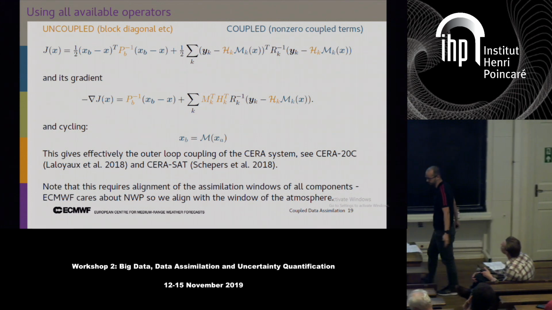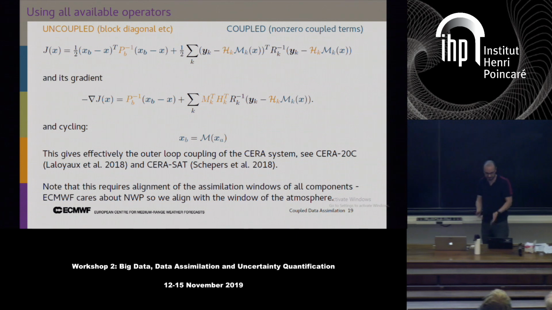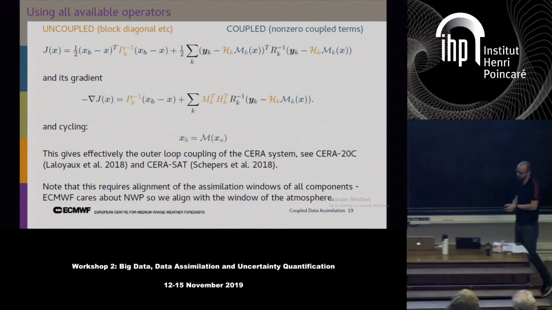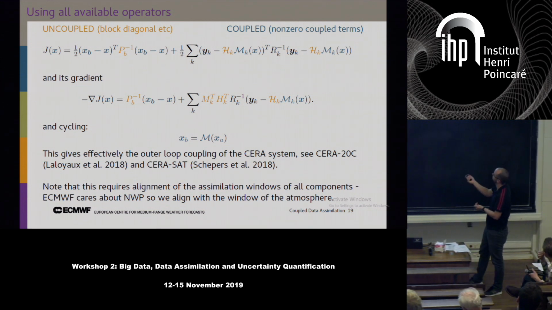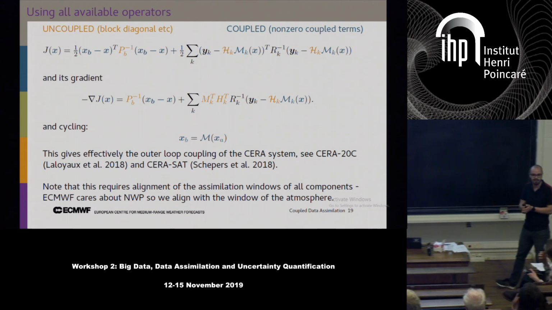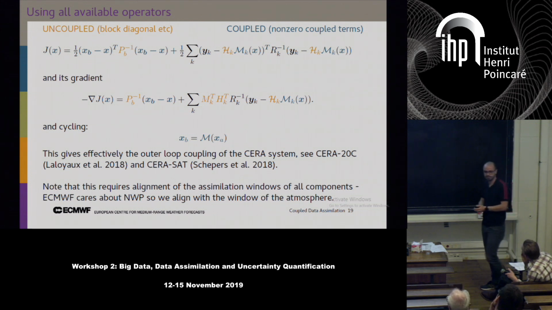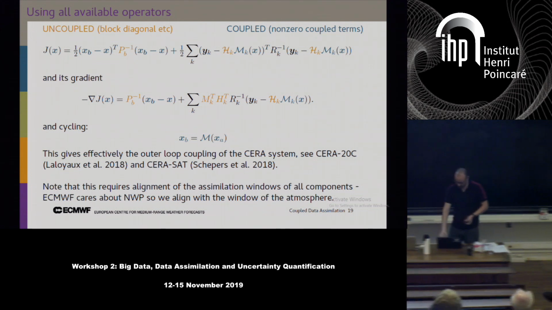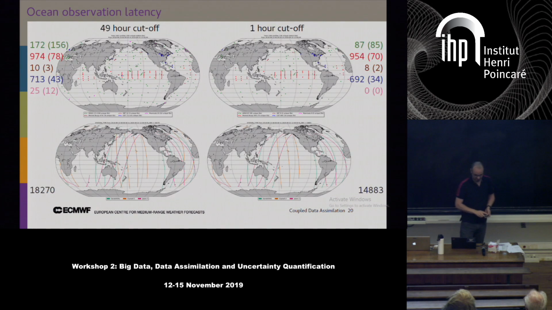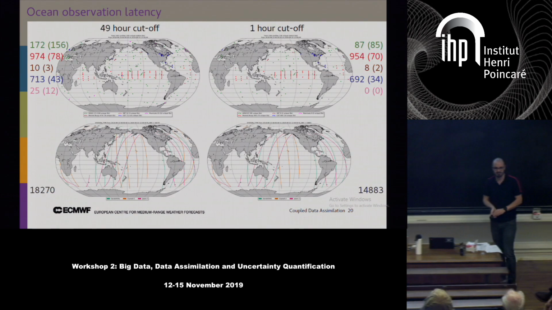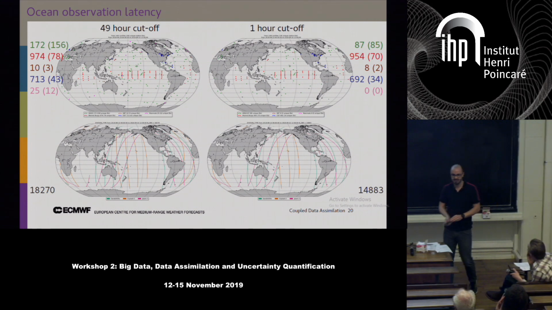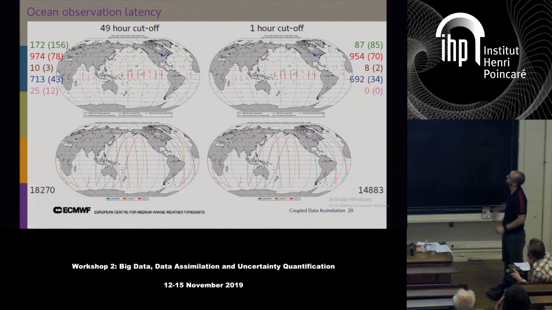But we want to go to numerical weather prediction using this in a coupled way. If we were to do this, this would require aligning our assimilation windows. So if we just write this down, we have to write down one assimilation window for this 4D-Var system. So there's a problem with that. Michael was talking about how well observed the oceans are these days. But this is the number of observations we might have in a 6-hour window, which is what we use to